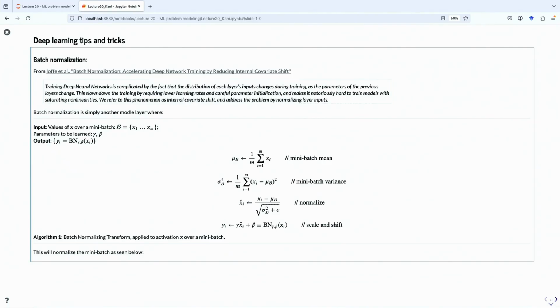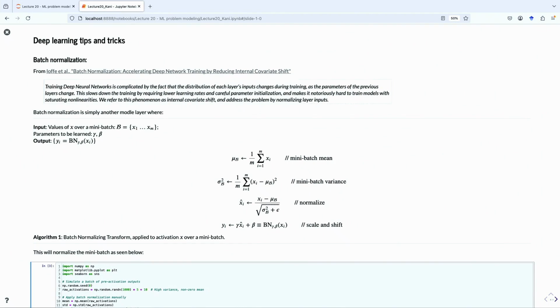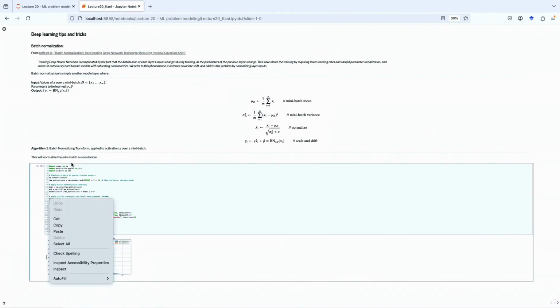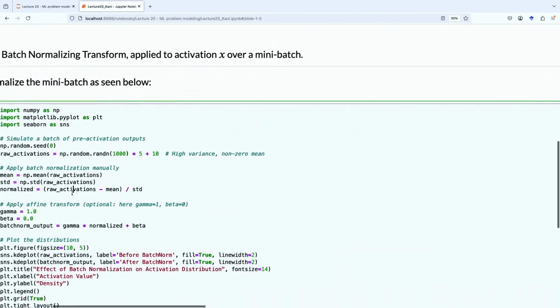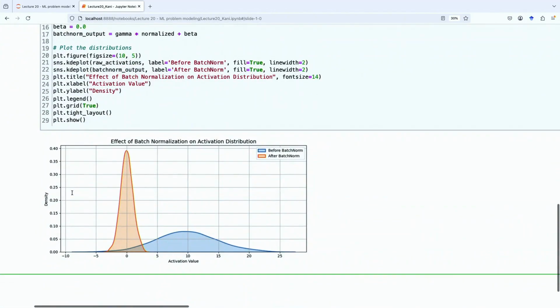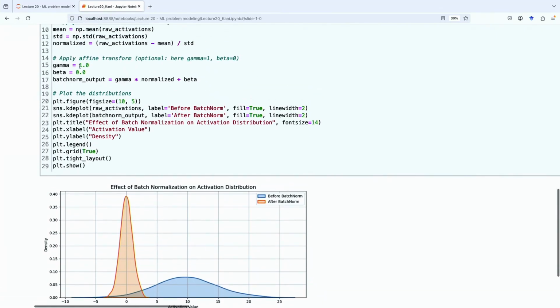A way to look at this is with a little bit of Python code. If you have a particular distribution of values coming out of one layer, then you run the batch normalization, and it gives you a distribution that's centered around 0 and has some standard deviation determined by this gamma here, which I just set equal to 1.